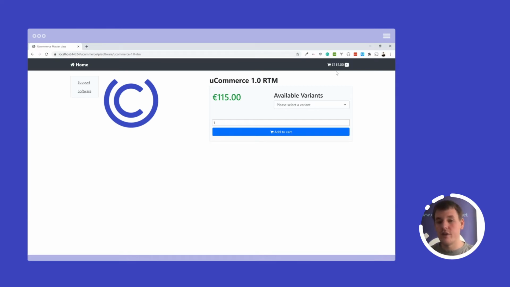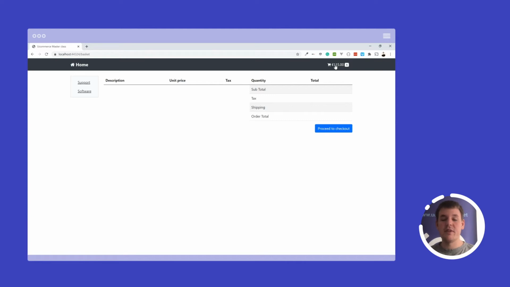So no need to redo too much of the work. In my CMS, I have already created the basket page, and can see that this link here points to a page called /basket. So that's where our basket page will be built. And when I click this link, I have already created the page, but it's totally empty,